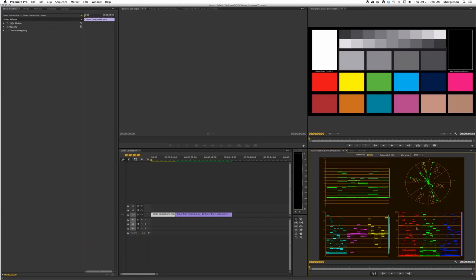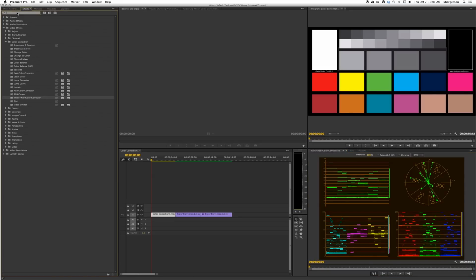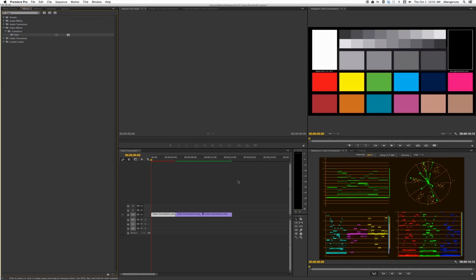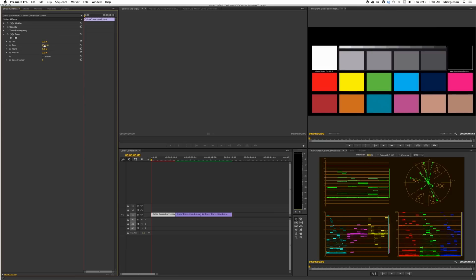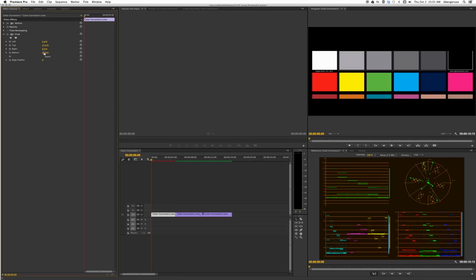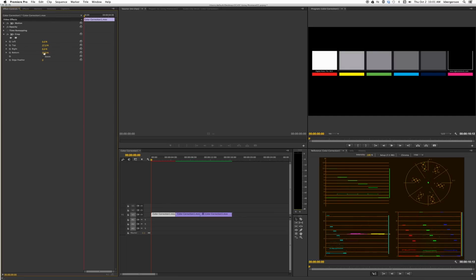Okay, so the first thing that we want to do is go into effects and type the word crop. And we want to add a crop to our image, in effect controls. The first thing we want to do is just show our grayscale. So I'm going to drop the bottom down to 27%, and we're going to raise the top up to roughly 50%. And I'm going to right click on that, and rename it crop black and